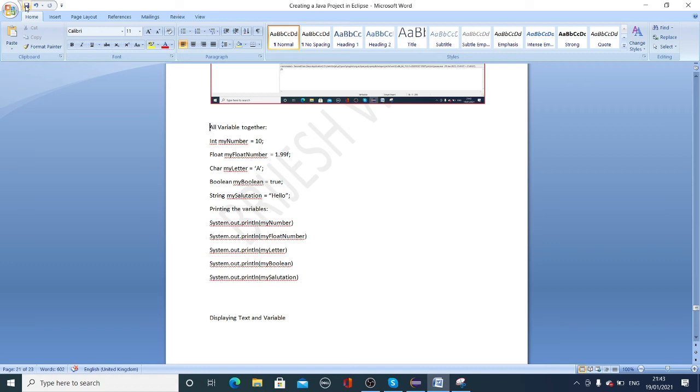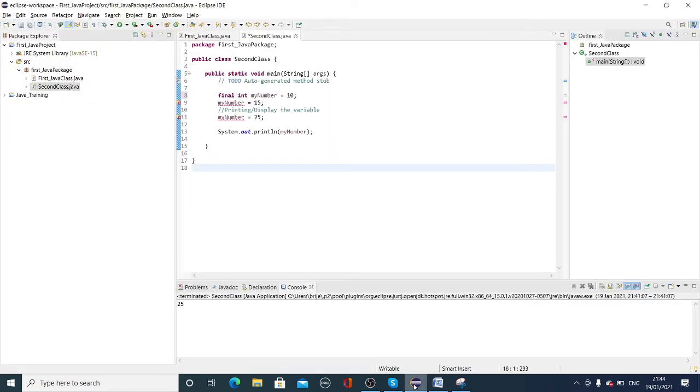Any question with this? Yes, I had written int myNumber is equal to 10 in Eclipse, in Java. And I put a print command, then it shows me a warning that the value of the local variable myNumber is not used. Okay, so you declared it but you are not using it. So you will have some yellow kind of symbol. Yes. So share the screen and I will explain to you.